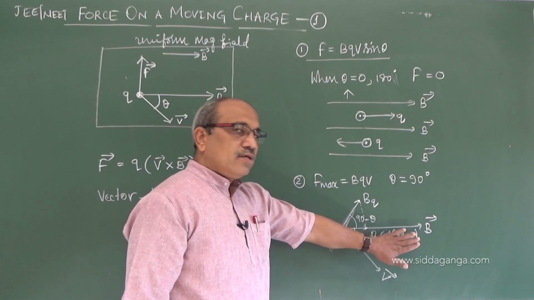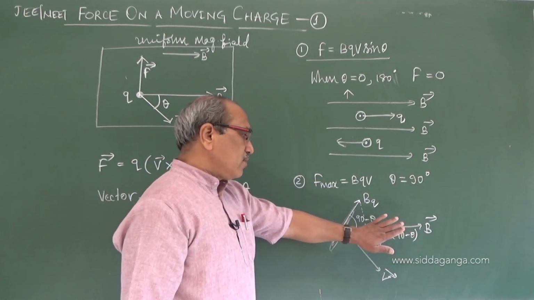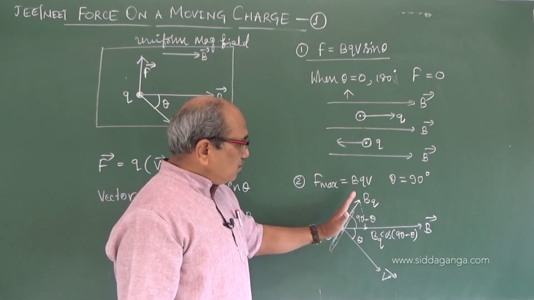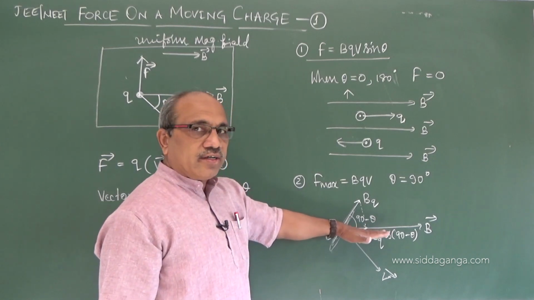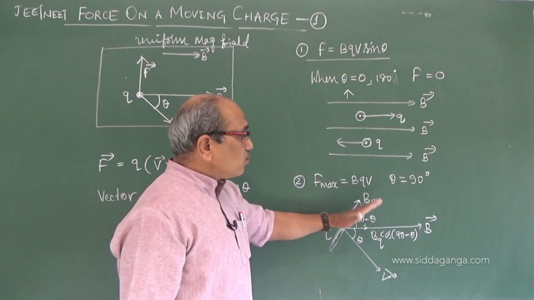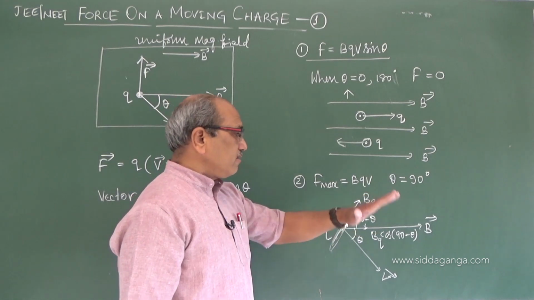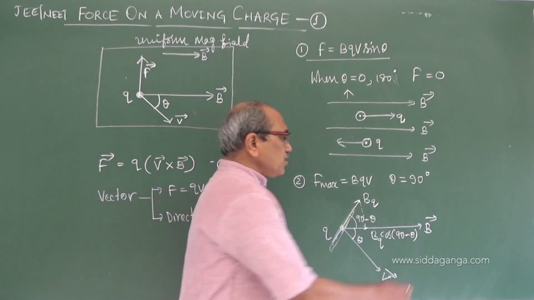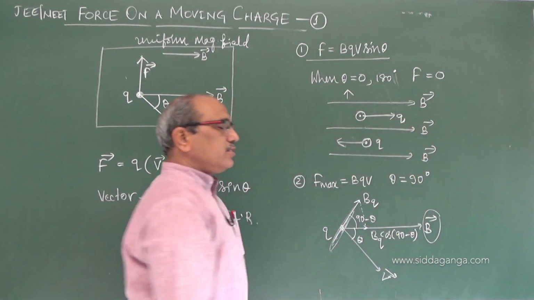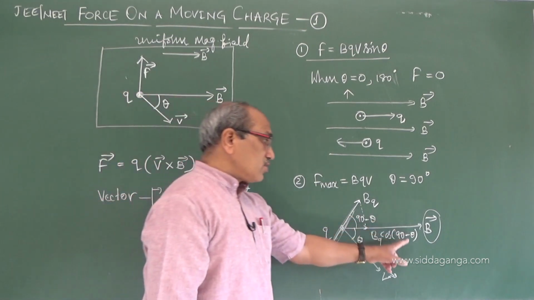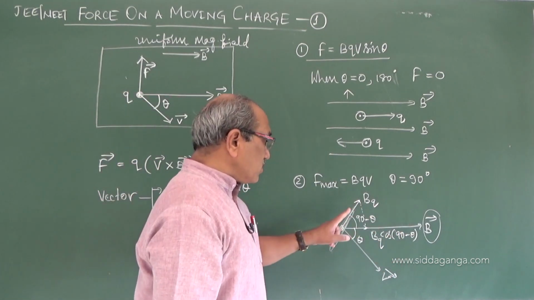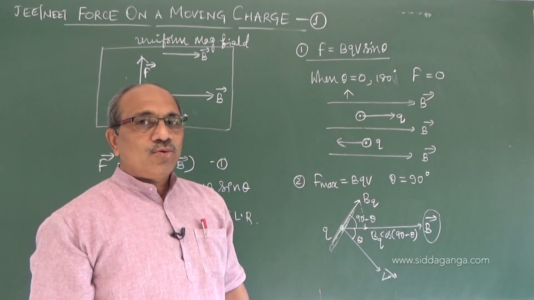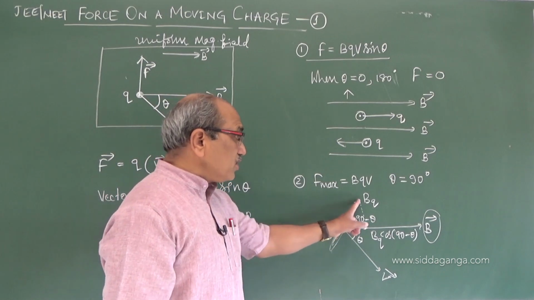Already there is an external field existing, but the field generated by the motion of the charge is making some angle with respect to that existing field. There is a superposition or interaction. This interaction is opposed by the existing field B. It opposes the agent which brought it. Who brought that one? The charge brought this field.